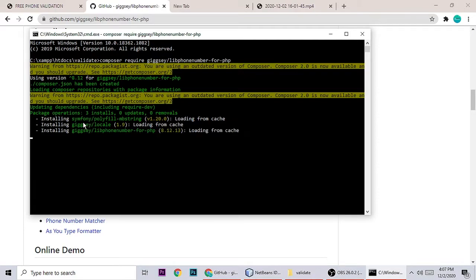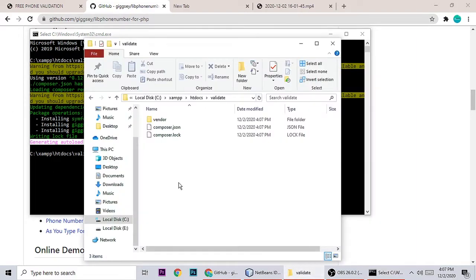Once you see "generating autoload files", it means the library has been successfully installed in your application. Let's check. You can see composer.json, composer.lock, and the vendor folder.